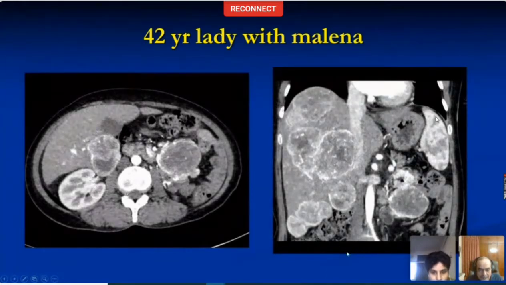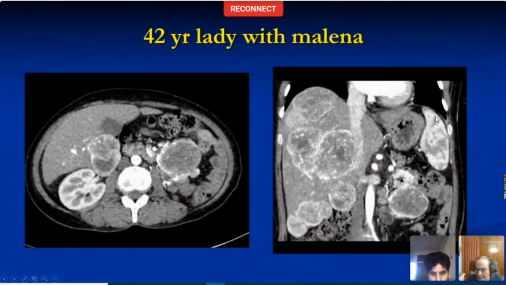You have the benefit of looking at the coronal image also to try and figure out where it's arising from. Yes, sir. So left renal, in the left retroperitoneal space. Okay, I would not be so sure it's retroperitoneal, and I'll show you more images to tell you why. So you're right, there is a lesion in the liver which has an exophytic component. The coronal image shows you multiple hypervascular lesions in the liver, and there is this lesion for which we'll see more images to figure out where it is arising from.